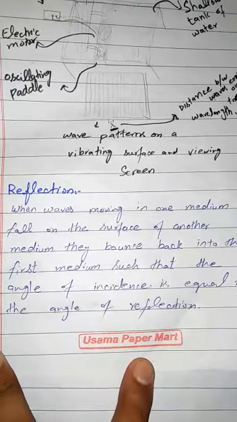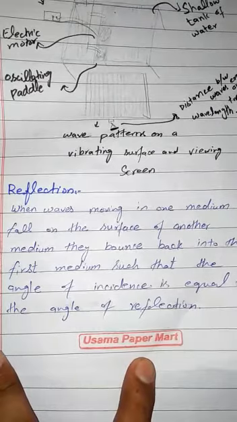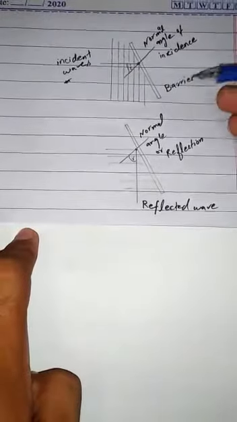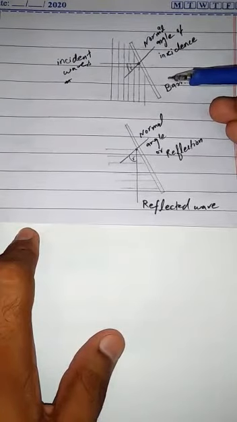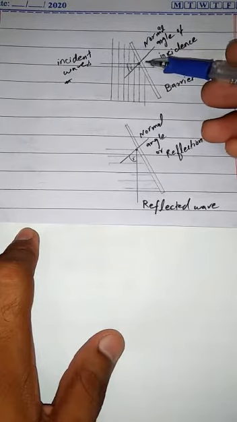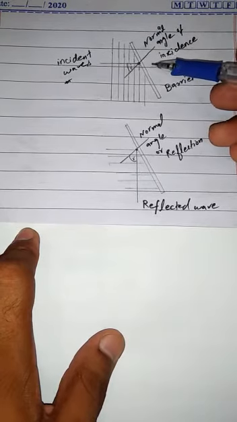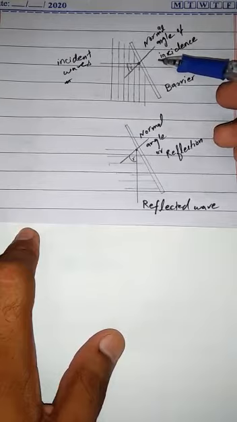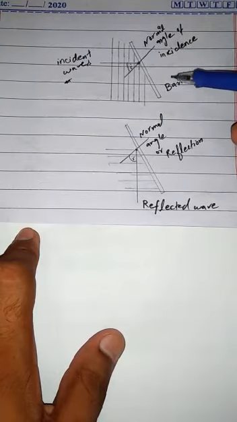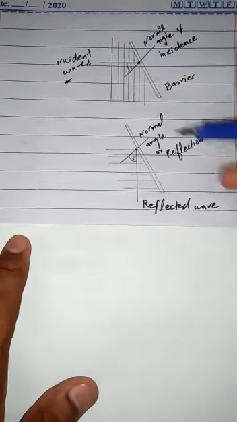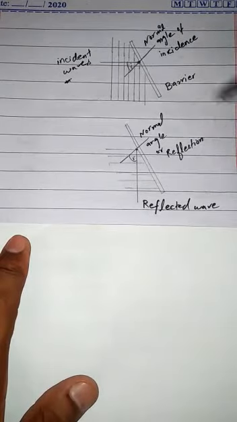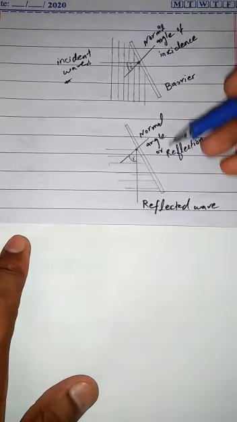Now we will elaborate it with a diagram to show how reflection comes about. Place a barrier in a ripple tank like this. The water wave will reflect from the barrier. If the barrier is placed at an angle to the wavefront like this, the reflected waves can be seen to obey the law of reflection. The angle of the incident wave along the normal will be equal to the angle of the reflected wave. So these are the diagrams when we put a barrier in the ripple tank, then we find the reflected waves and the incident waves.